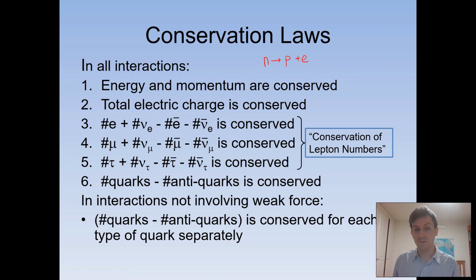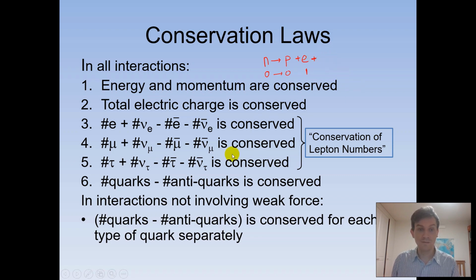As an example here, if you look at the beta decay equation up here, obviously on the left-hand side of that equation, we have no leptons at all. There are no electrons or neutrinos on this side of the equation. The proton also does not contain any leptons. The electron has a lepton number of 1 for the electron case, number 3 here. Because on the left-hand side the total is 0, on the right-hand side the total must also be 0. So here we need to add on an anti